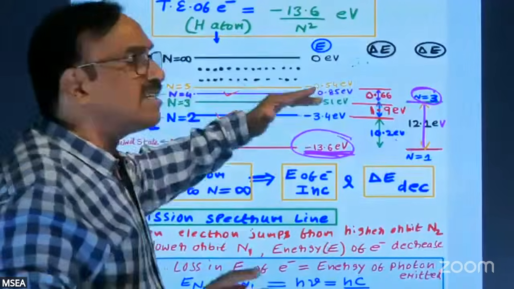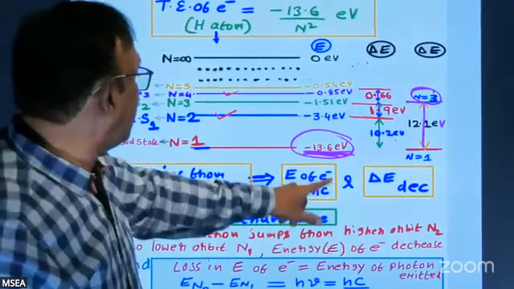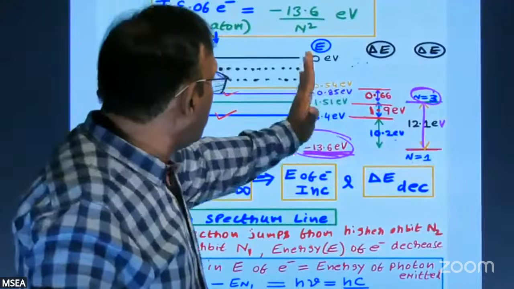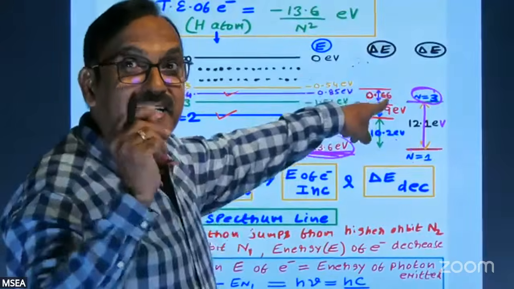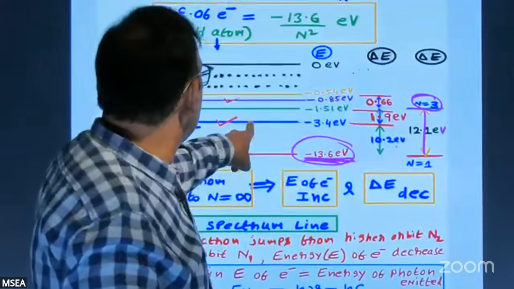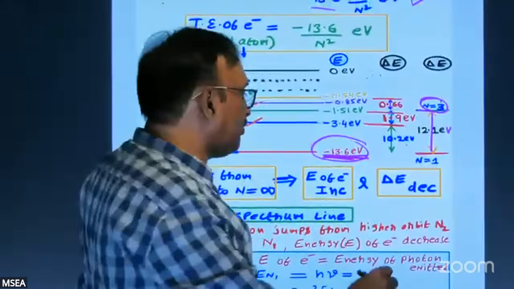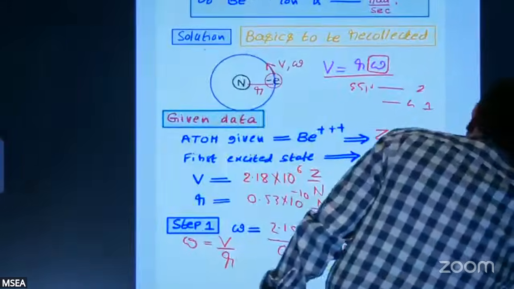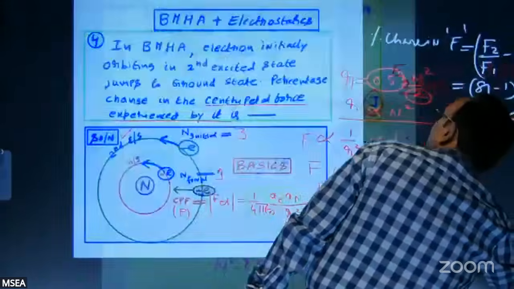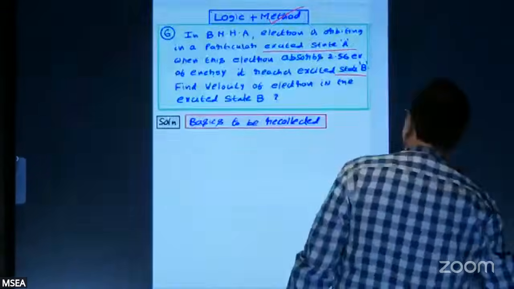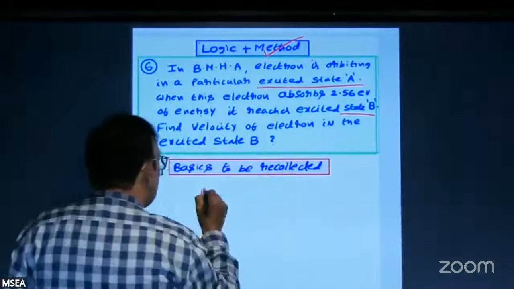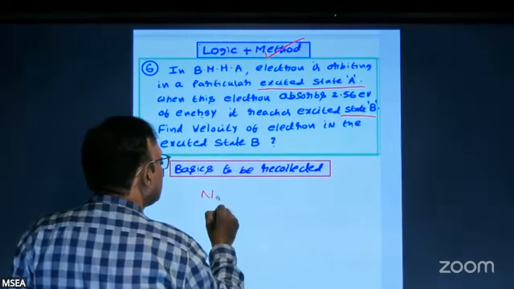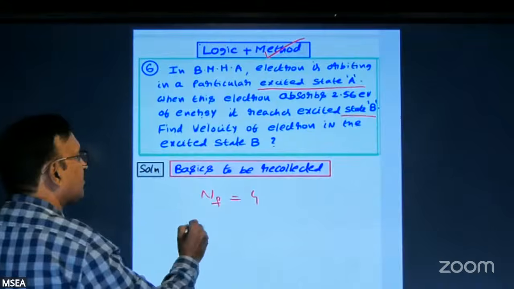So this is the method, this is the simple logic, this is the way a good student will do it to definitely get the mark in time. The electron must be going from the second orbit to the fourth orbit. So they will directly come to the conclusion that the final orbit in which the electron is existing is 4, and you want to know the velocity of the electron in that final orbit.